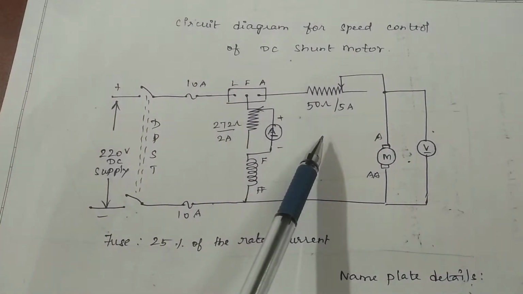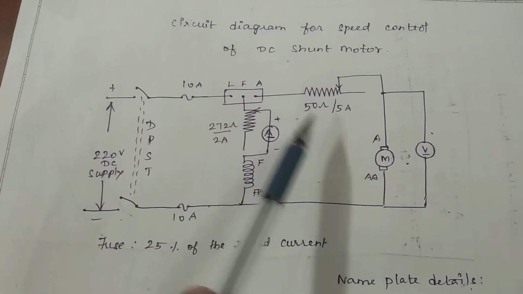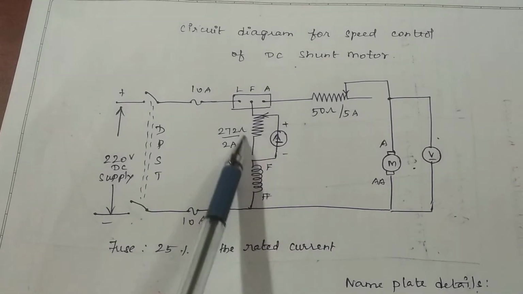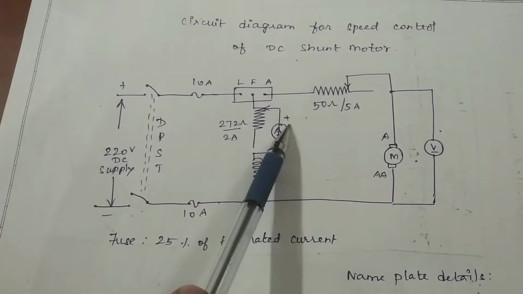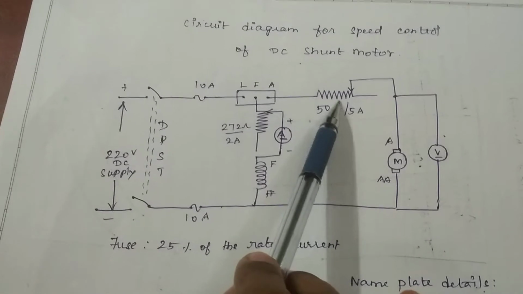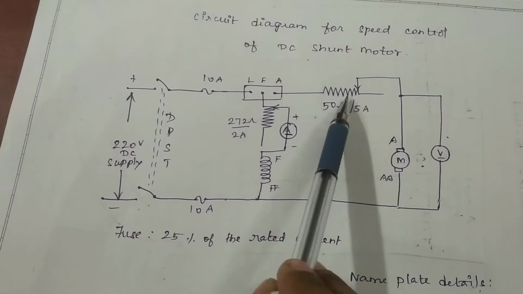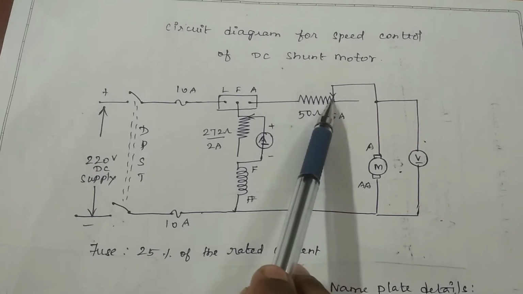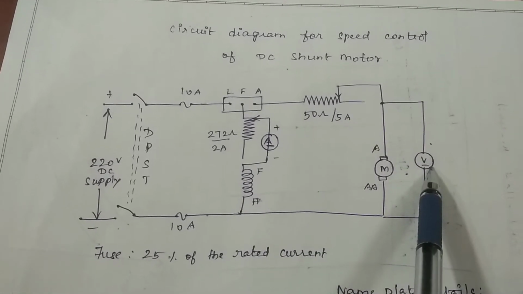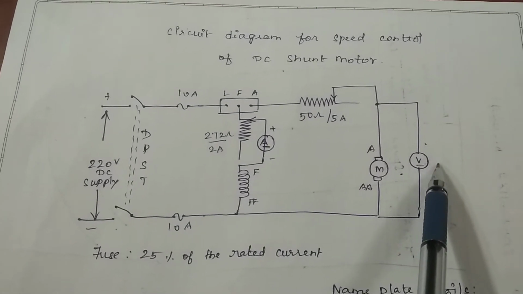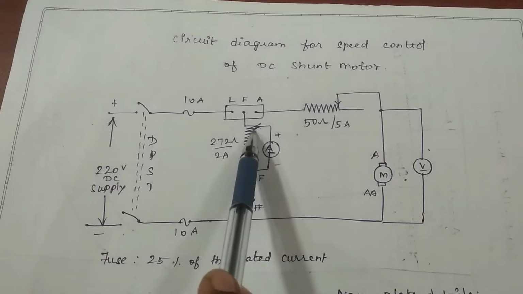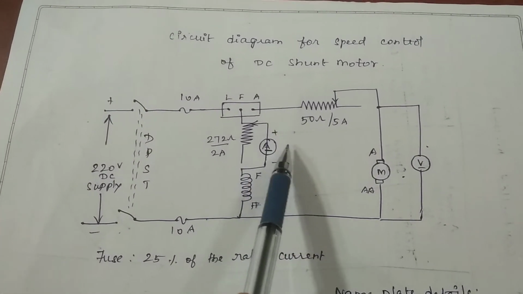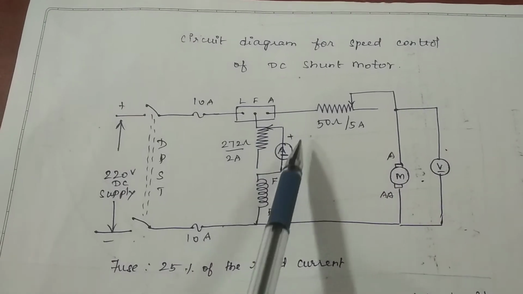Now the second one, which is the field control method, where we are varying the field current. While varying the field current, you fix the armature voltage. Once you start the machine, you adjust the rheostat which is connected to the armature and set a particular armature voltage, say VA is equal to 150 volt. Then you vary the field rheostat and take different field current values. The corresponding speed will be noted.